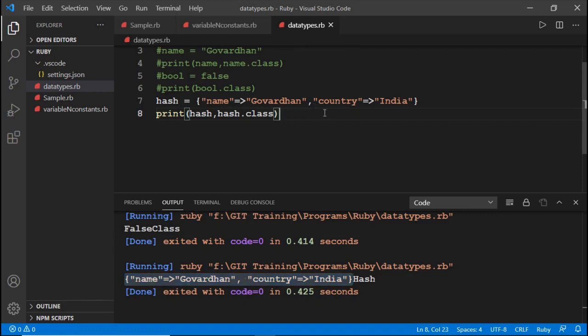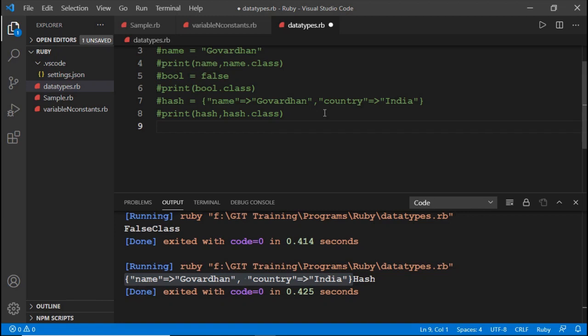Then coming to the next data type, that is arrays. So what is an array? An array is a collection of different types of elements, whose elements are enclosed in square brackets. If you want to access the array elements individually, you need to use the index positions of the array elements.